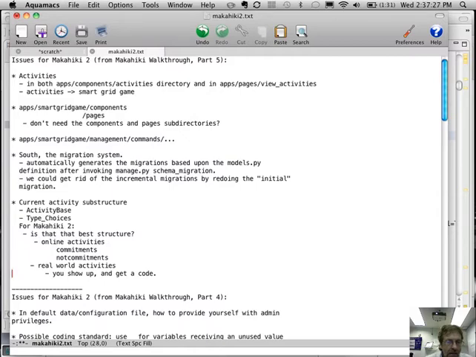And so there are other things. Can online activities have codes? Should real world activities only have codes? There are a lot of subtle things like that. In activity base, you specify a confirmation type as well: question or image upload. So we could just have